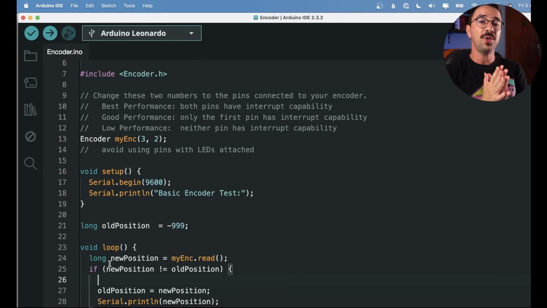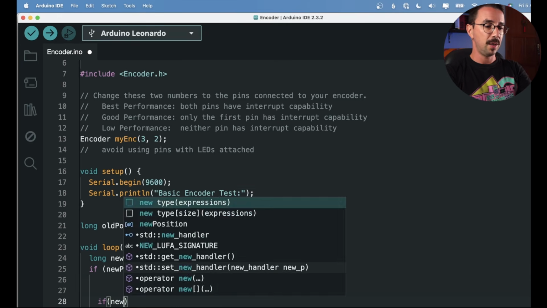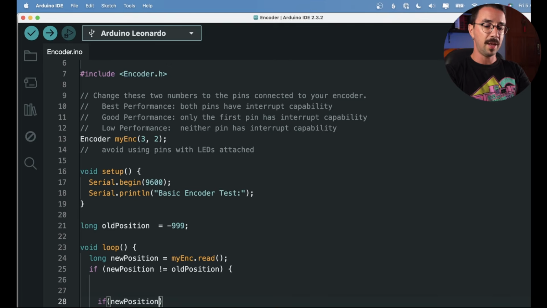So the first thing I want to do is decrease that range, because I don't want negative numbers or numbers bigger than 127. Since the MIDI range is from 0 to 127, I want to decrease this range to those numbers. So let's do something here. So if new position is bigger than 127, then new position is equal 127.